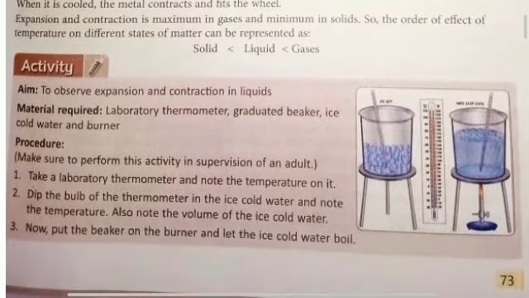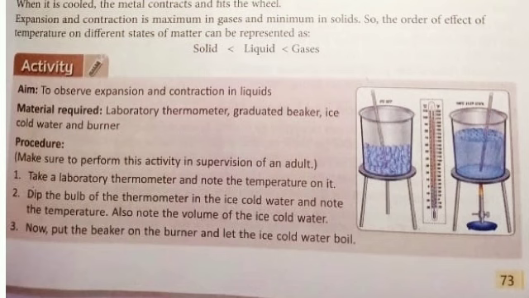Now there is an activity which will show the expansion and contraction in liquid. Material required: a laboratory thermometer, a graduated beaker used in the laboratory, ice, ice cold water, and a burner.